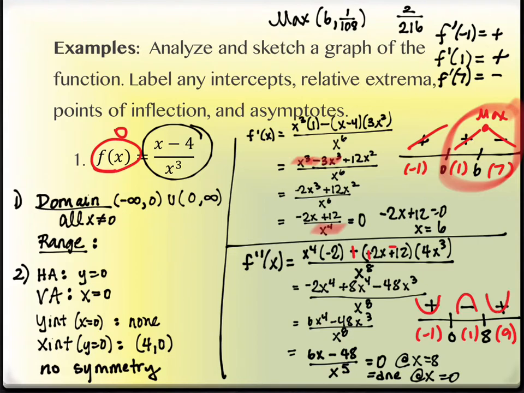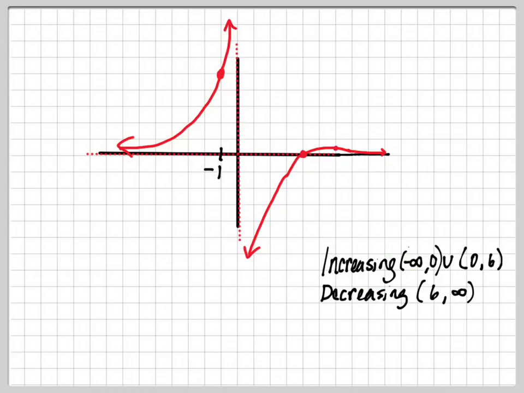There's not a point of inflection, though, at 0. What's happening at 0? Asymptote. So don't get carried away and saying, hey, look, it changed concavity, therefore there's a point of inflection. There was an asymptote there that produced that. But I do have a point of inflection at 8, or at x equals 8 at least, that component of it. So my point of inflection